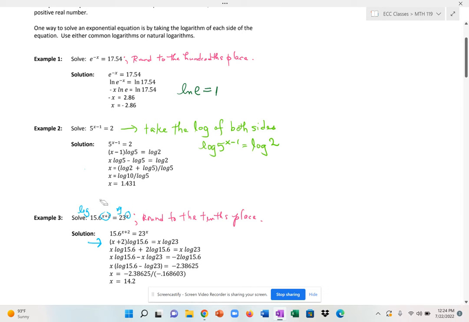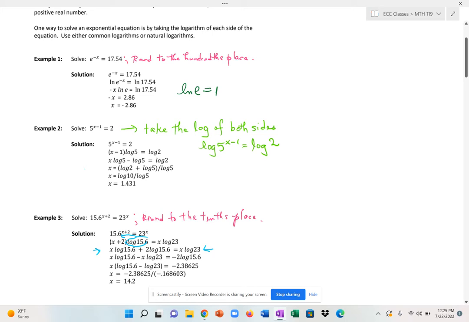On the left side, I distributed the log of 15.6. This number got distributed across the x plus 2. So I'm left with x times the log of 15.6 plus 2 times the log of 15.6 equals x times